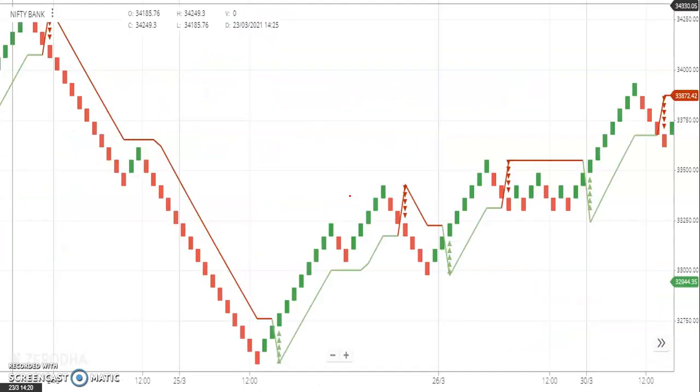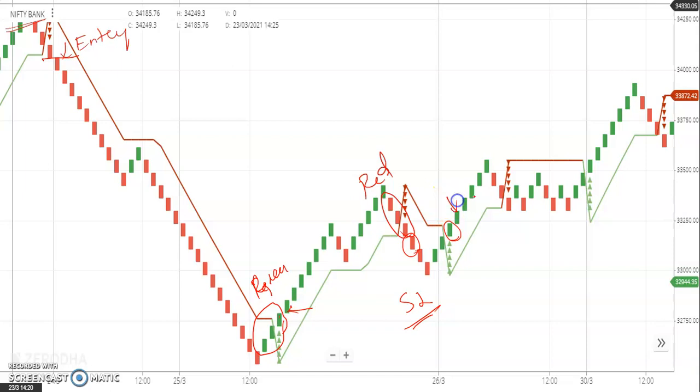So this is for Bank Nifty, same 5 minutes. Low was broken here. We take a position. This is the entry candle. Stop loss when you get the three green candles, we exit. Again, we got a buy signal here. We take a position somewhere here. Entry candle. We exit somewhere here when you get three red candles. So here we take a position somewhere here and then we exited somewhere here. So here we had a stop loss. We entered a position somewhere here and then, on three consecutive candles, we exited somewhere here.